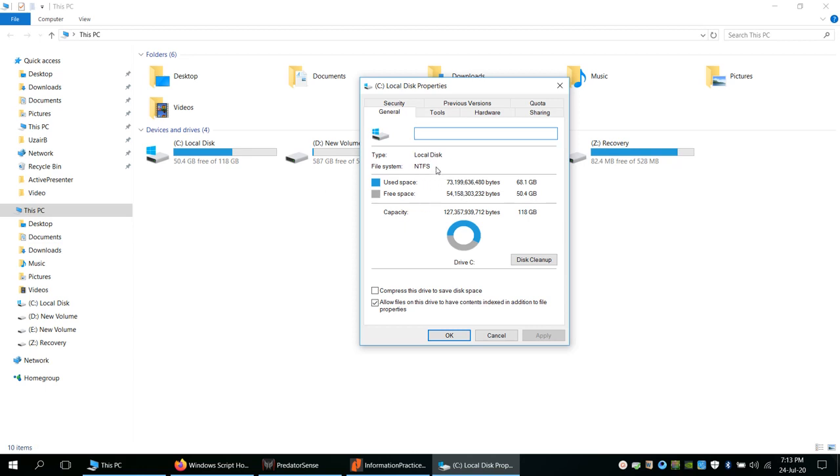This file system was a successor of the earlier FAT file system. FAT was used in previous versions of Windows, like DOS and DOS 32, and it was also present in earlier versions of Windows. Currently, the newer version of it is FAT32, which is implemented in pen drives or any other